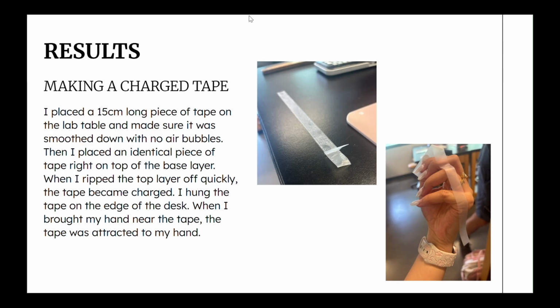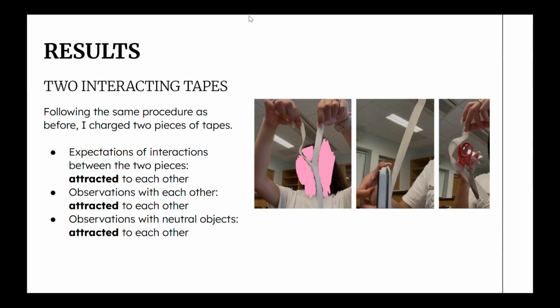To make the charged tape, I placed a 15 centimeter long piece of tape on top of another piece of tape, then ripped it off. As you can see, the top tape became charged and is attracted to my hand. I expected two pieces of tape to be attracted to each other, and my observations confirmed that, as evidenced in this first picture. The tape was also observed to be attracted to neutral objects, in this case my calculator and